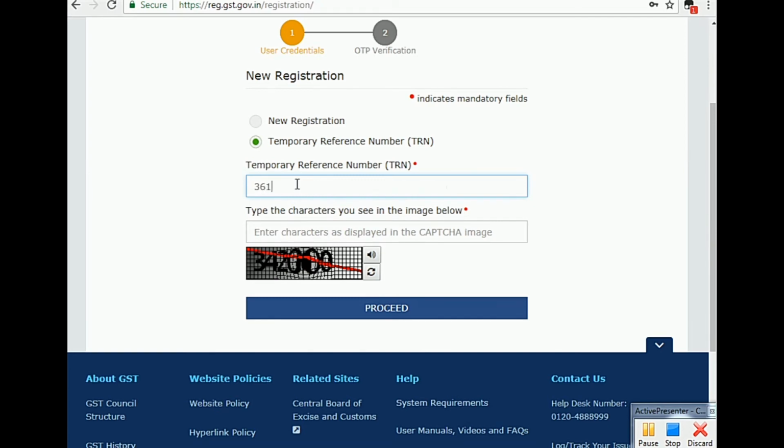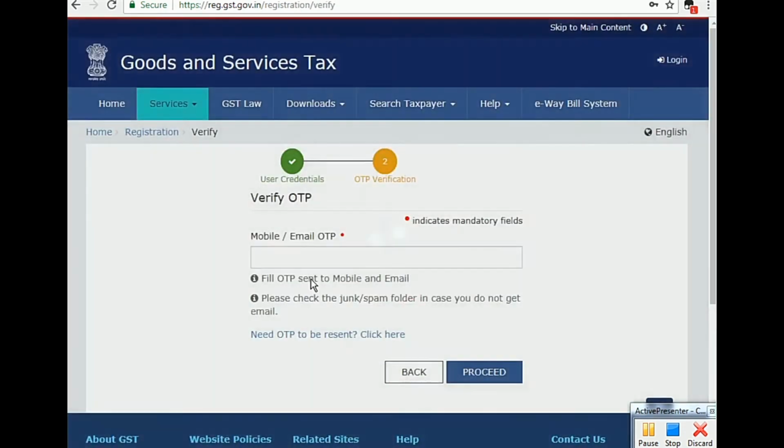The TRN number is 361800068551, and I enter the captcha code 342000. Click on proceed. Again, you'll get a message